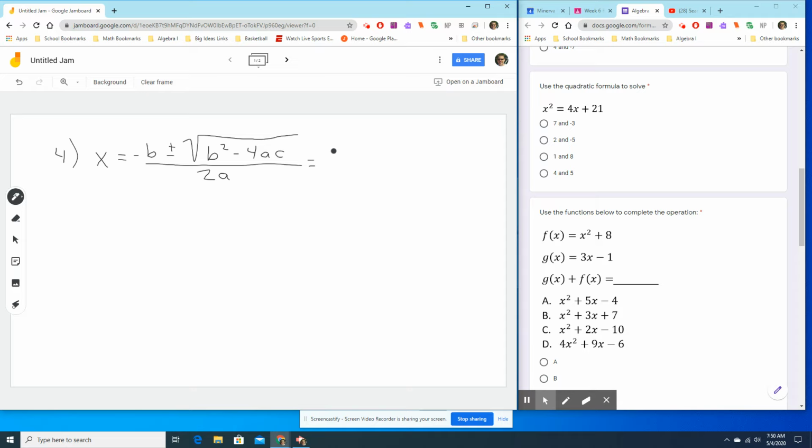I'm going to go ahead and rearrange this guy over here. So that's going to give me x squared and then negative 4x and a negative 21. All right, so my a value is 1, b value is negative 4, and c value is